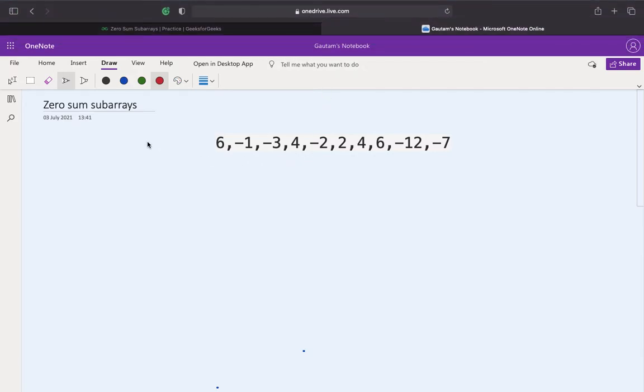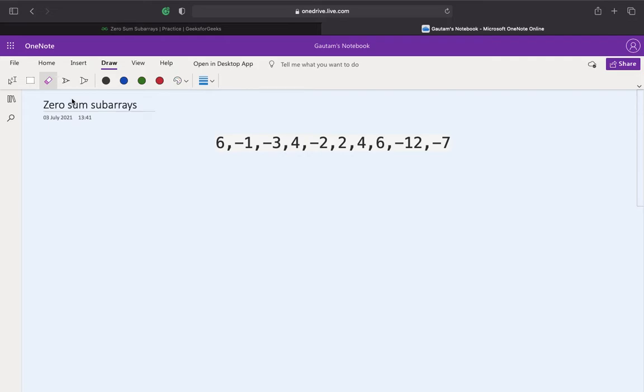Now let's try to implement a solution that is big O of n time complexity, and the space complexity will be big O of n, because we're using an approach called prefix sum technique. So what's the prefix sum technique?